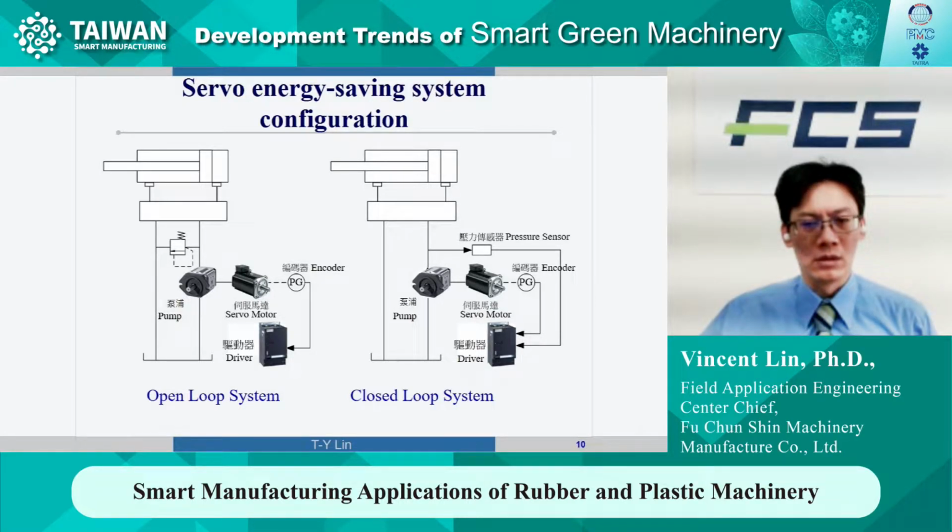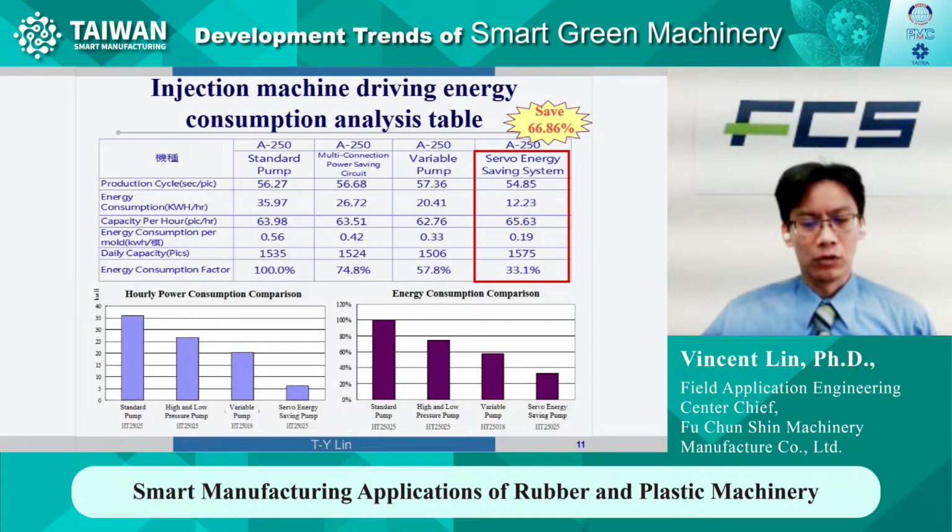First of all, we focus on the system architecture of servo energy saving. The traditional servo energy saving system, such as the picture on the left, is an open loop state. In the later stage, it is a closed loop system on the right side. The main difference between the closed loop system and the open loop system is that we install a pressure sensor at the outlet of the oil pump. We use the pressure sensor to feed back the signal to the servo driver according to pressure changes in the process. And then we offer correction and compensation through such pressure feedback